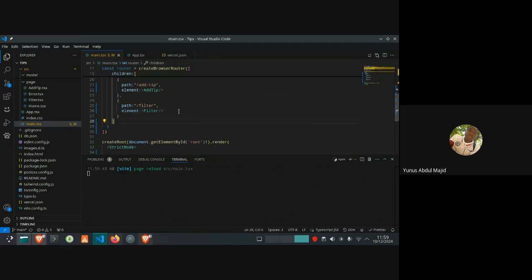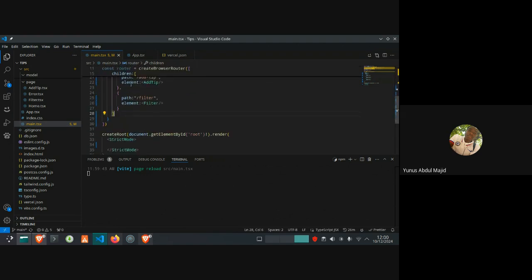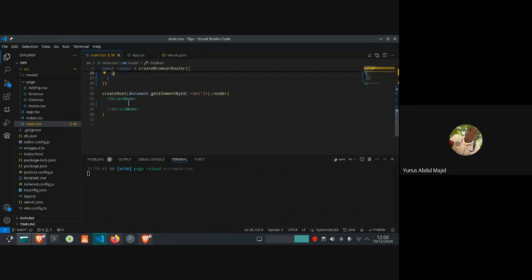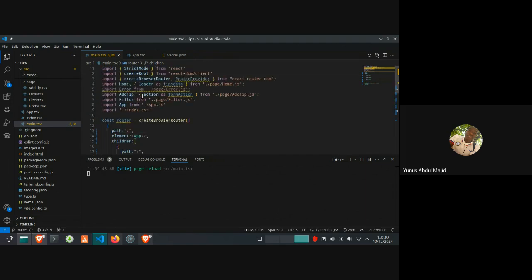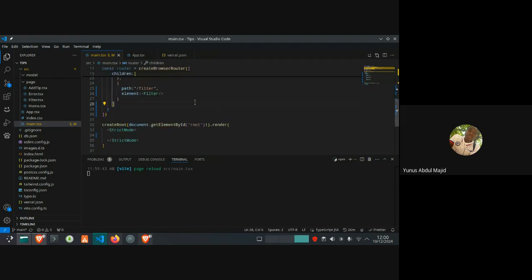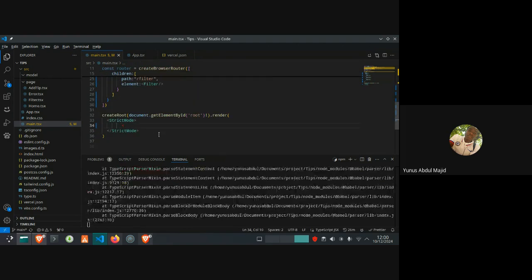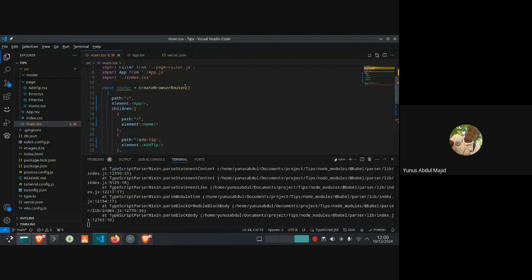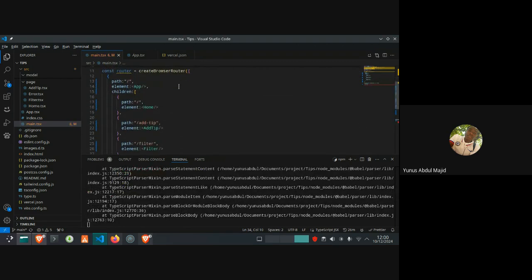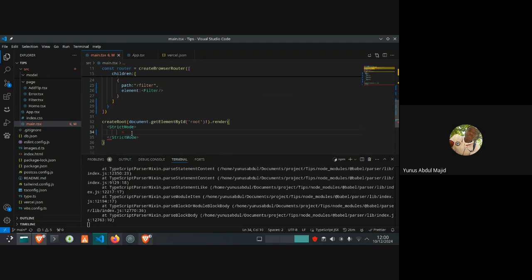After creating this route, we make use of this variable inside the StrictMode as a child component. So we'll make use of this imported RouterProvider, which will handle the rendering part of the createBrowserRouter array that we created now.